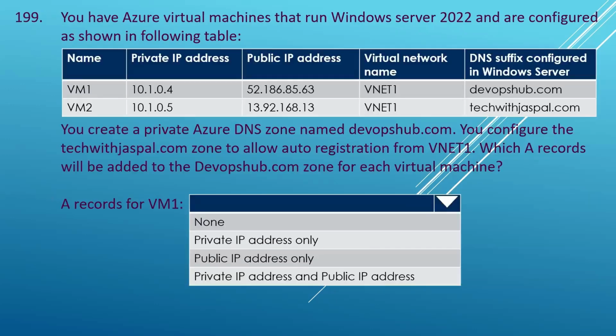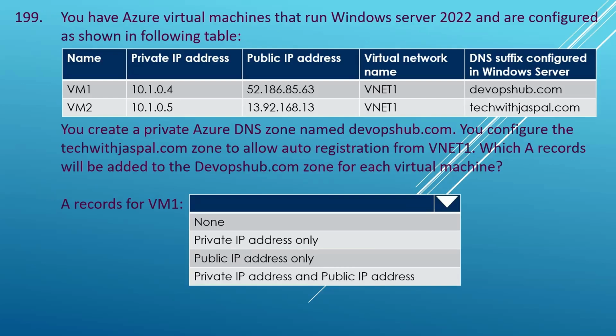You have an Azure virtual machine that runs Windows Server 2022 and is configured as shown in the following table. Basically, you have 2 virtual machines with the names VM1 and VM2. The private IP address of VM1 is 10.1.0.4 and of VM2 is 10.1.0.5. The public IP address of VM1 is 52.186.85.63 and the public address of VM2 is